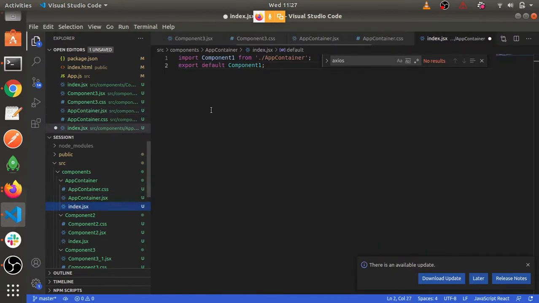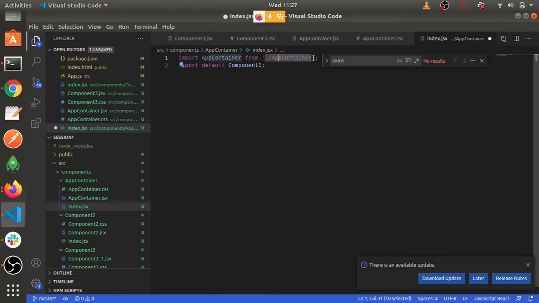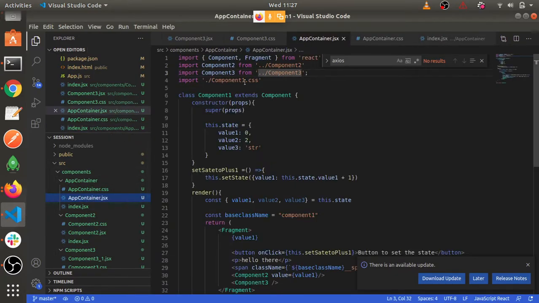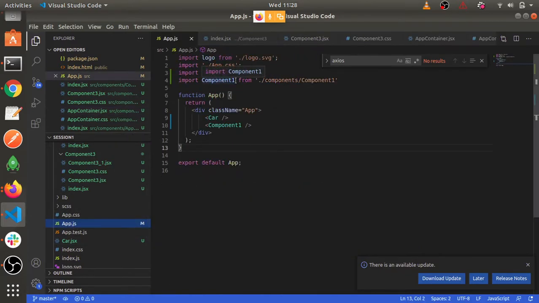So inside index, this is component 1. I need to rename it as app container. And it was imported in app.js, right? So even here I need to rename it to app container.